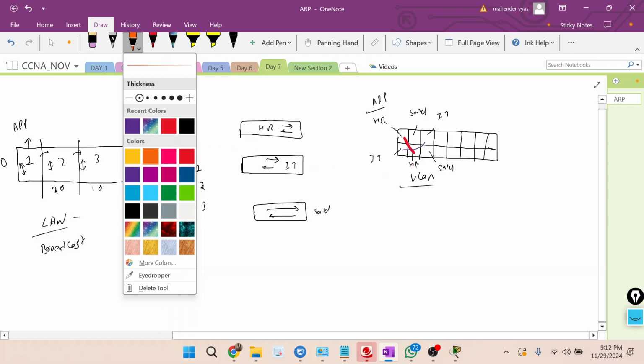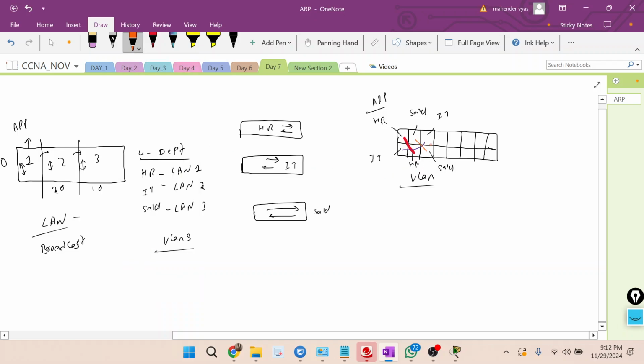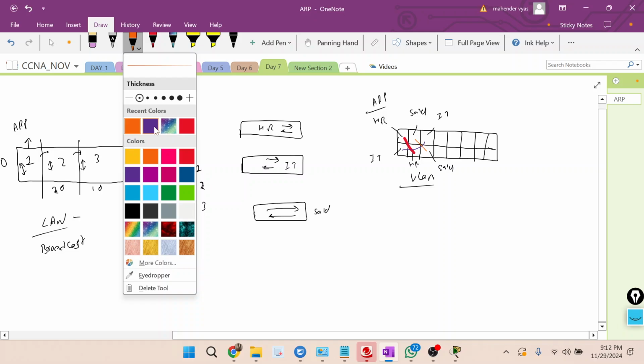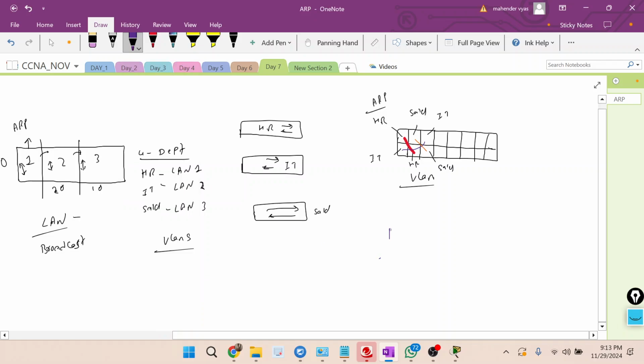Okay, this is all that will happen. It will not go to anything else in the environment. Okay, is it clear? Why do we need VLANs? Simply, we don't want unnecessary broadcast in our environment. To overcome the broadcast problem, we are creating VLANs.